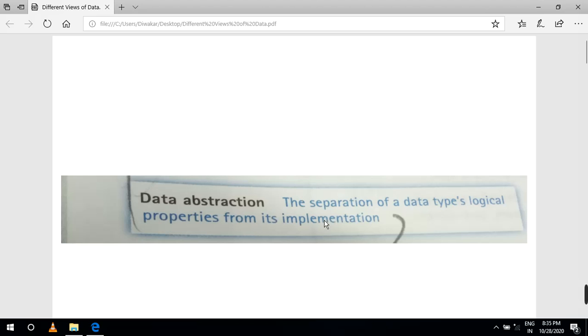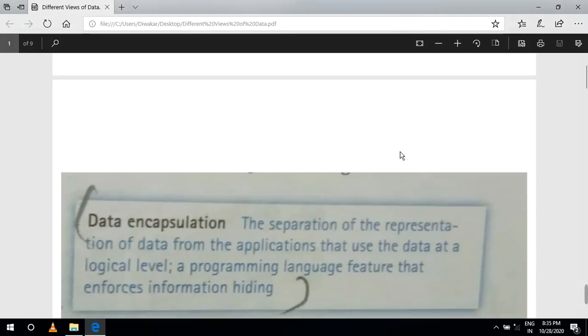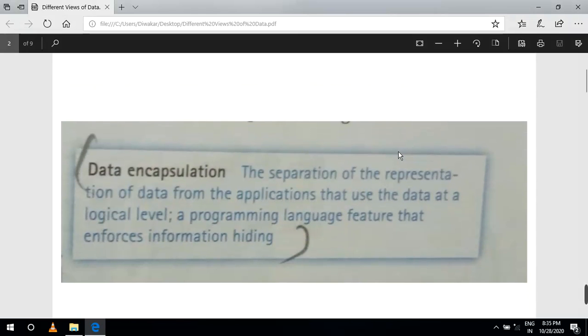Now the second type, data encapsulation. What is meant by data encapsulation? It is the separation of the representation of data from the applications that use the data, at a logical level, a programming language feature that enforces information hiding. Encapsulation is the process of wrapping up data and associated methods in a single unit.